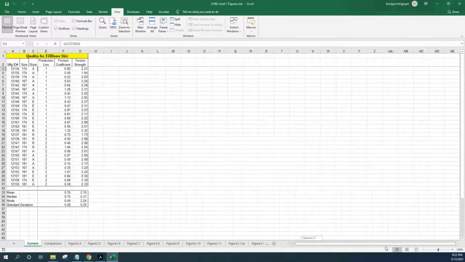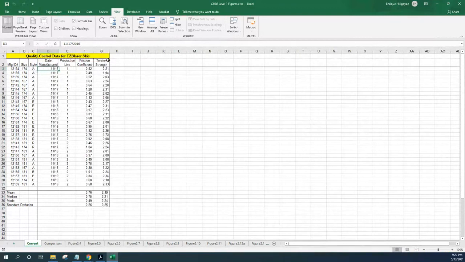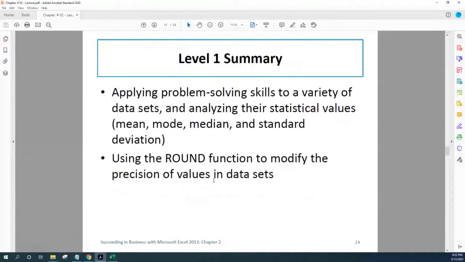You can freeze this one and that one, in one position or in the other position. If you have a lot of data and you want to see basically the first columns or the first rows, it's good to use the freeze panes. Let me unfreeze, freeze the panes, and then you can unfreeze. So this is the information for